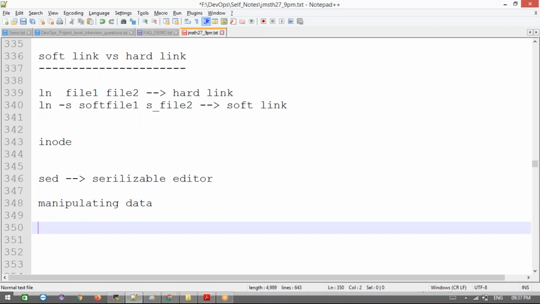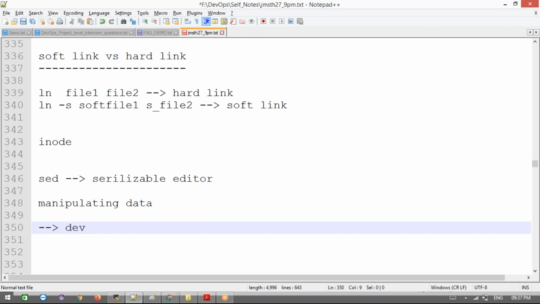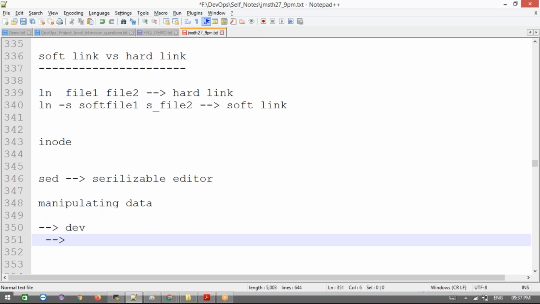Let me tell you one scenario. There is one file you wrote, and in the file there is a word that you mistakenly copy-pasted. Or else, in my real-time work with CD, there are different environments. Let's say a dev environment, and another, like a prod environment.